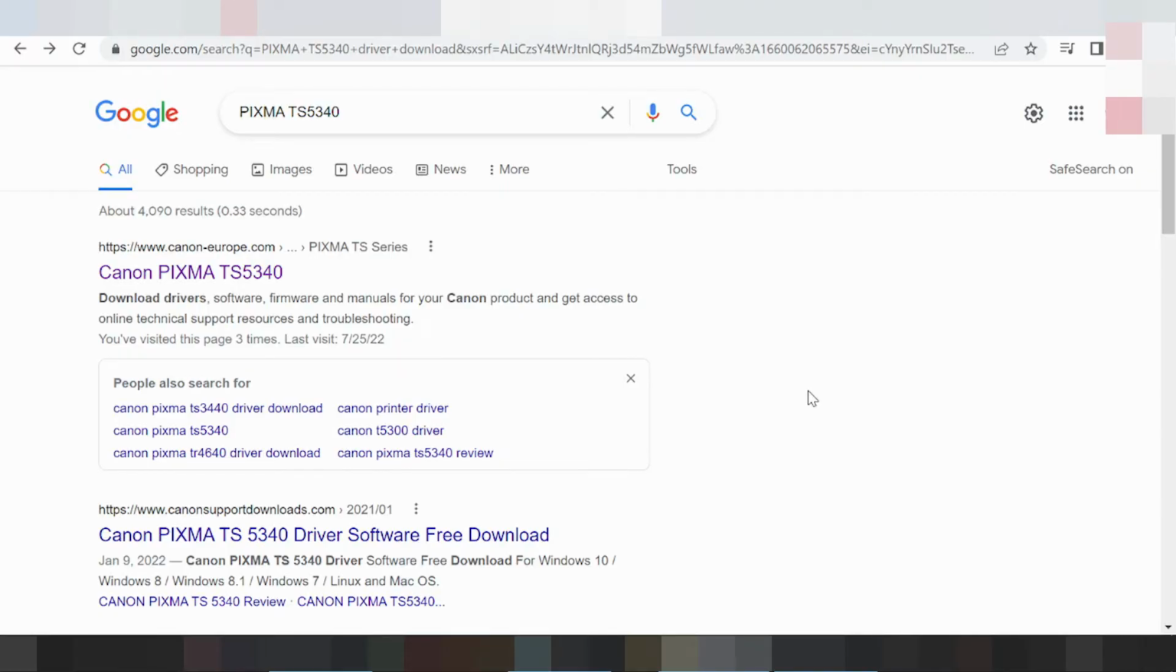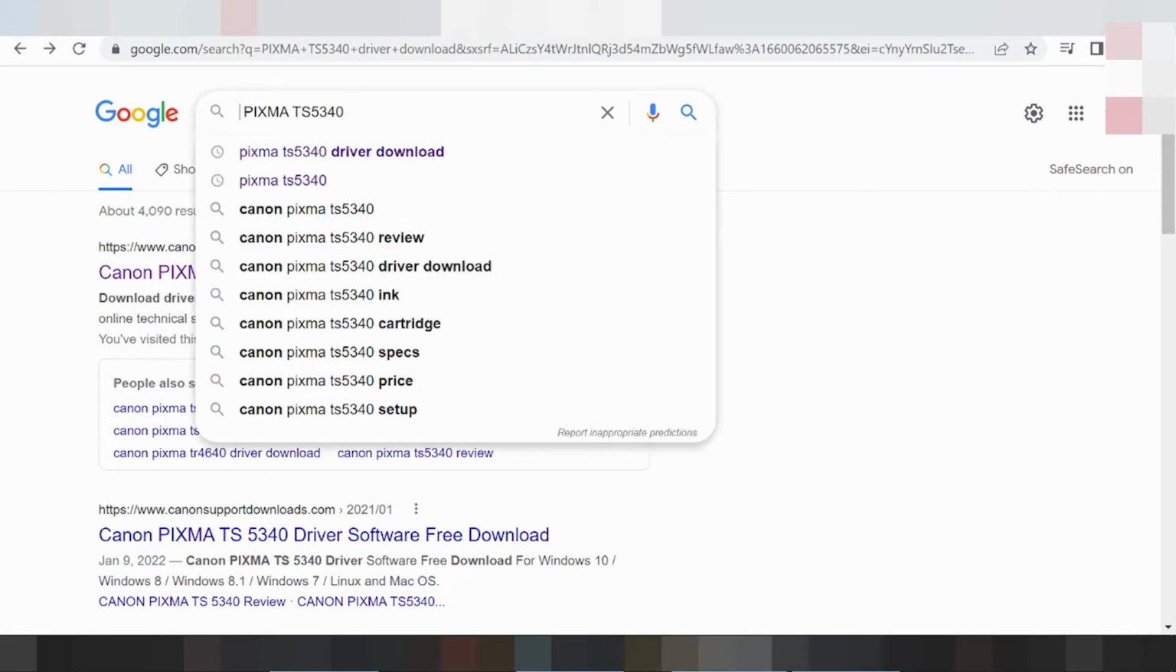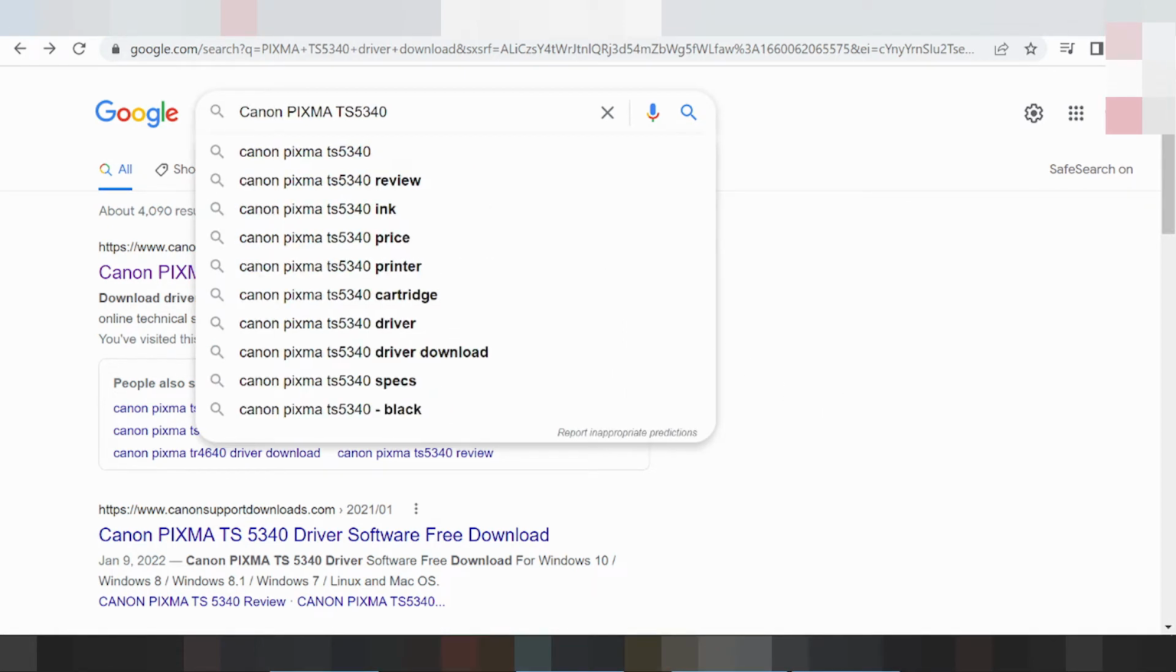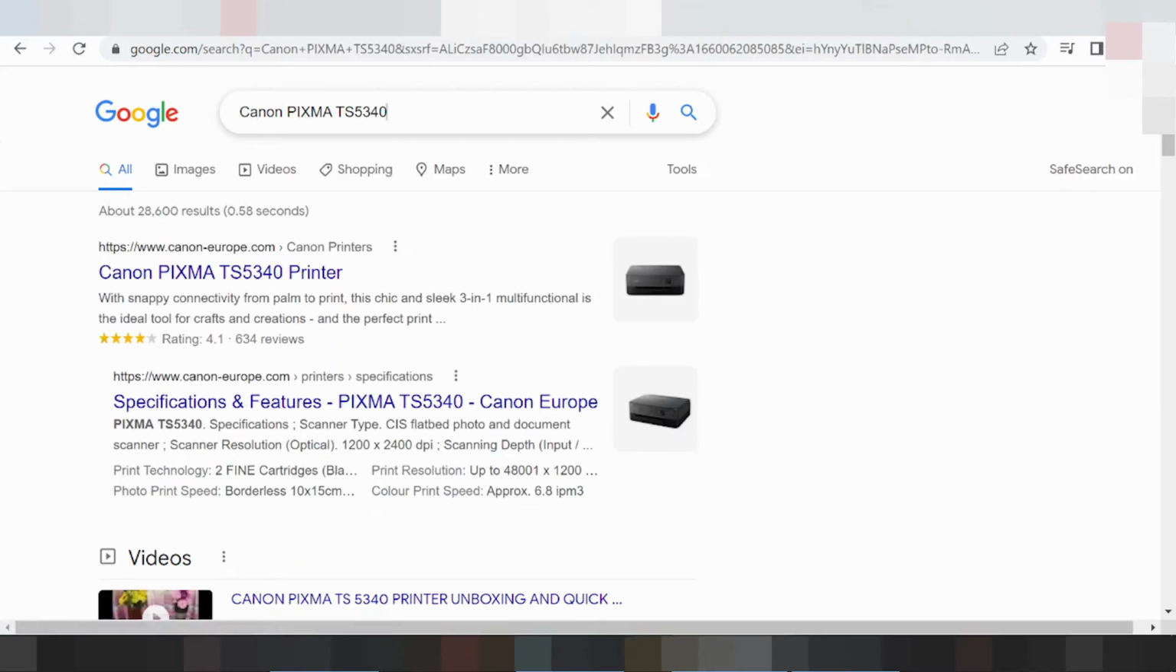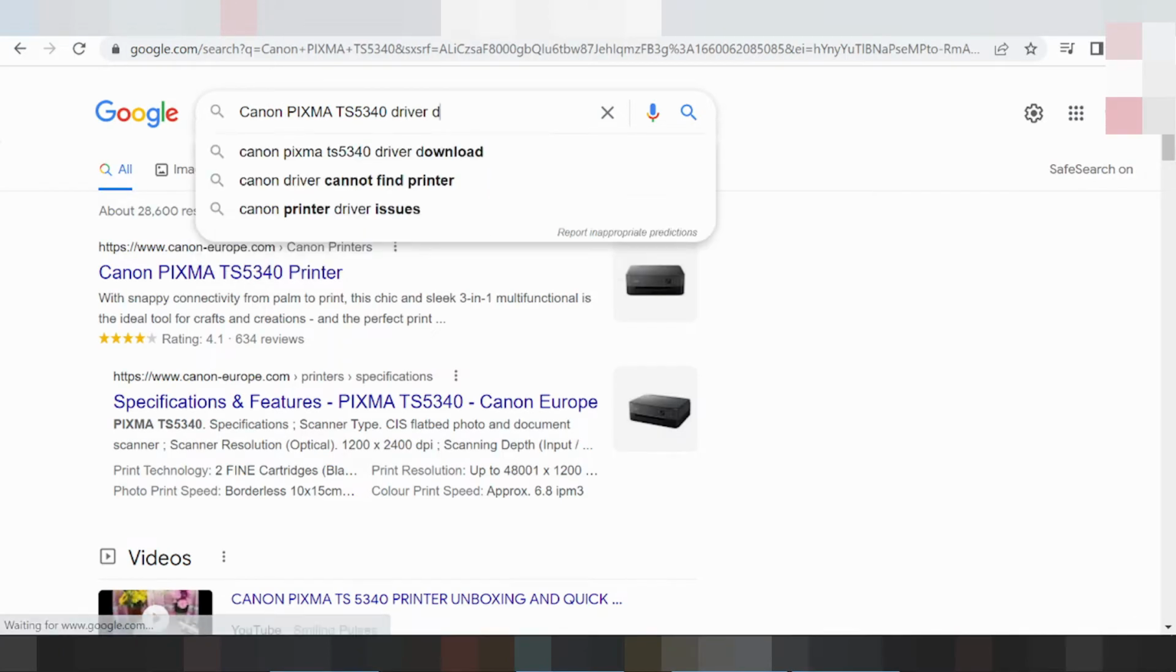And now I need to download the driver for Canon Pixma. This here is the serial. Type Canon, and you type here the driver download,